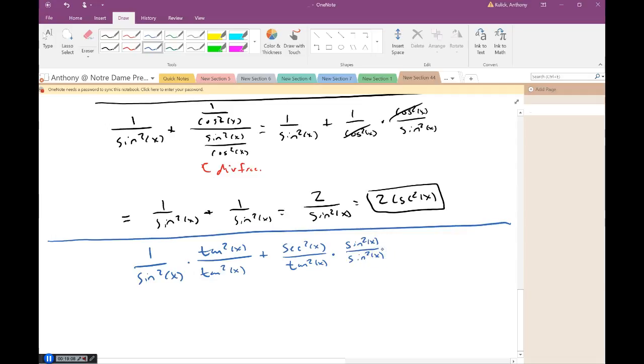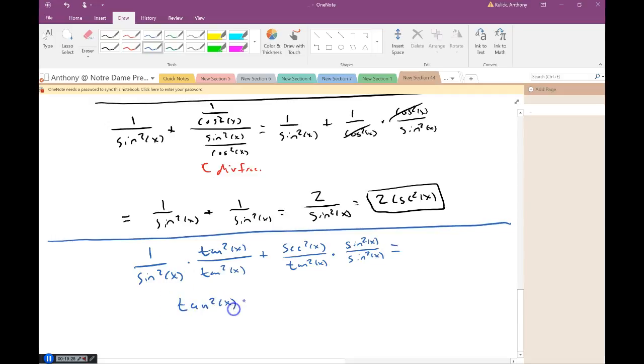So you might have said, oh, this is what I want to do first. I'm going to make a common denominator and add these fractions. Sure, if that's what you want to do, that's okay. So when I do that, I get